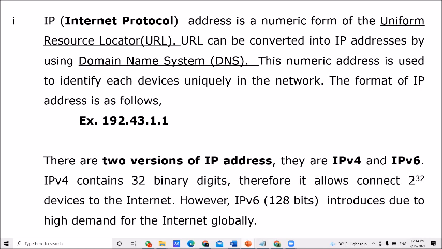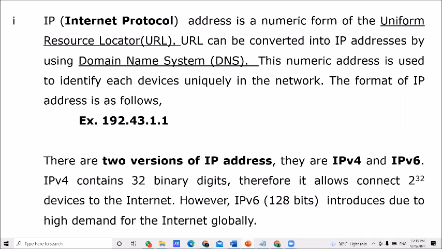Once you convert this URL into numeric form, that numeric form is known as IP address. They are using a domain name system, DNS, to convert URL into IP address. IP address format is 4 numbers separated by dots. Then you want to mention an example here also.